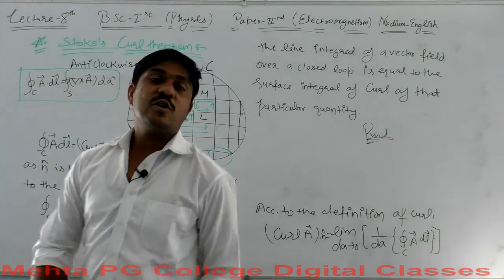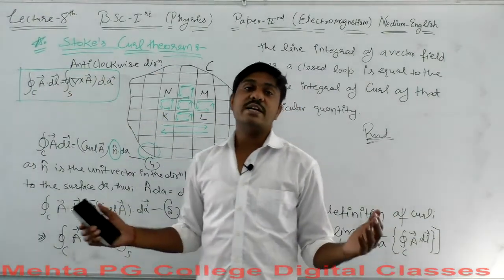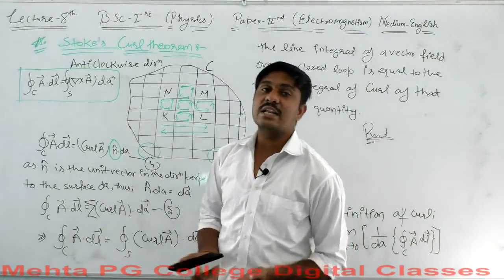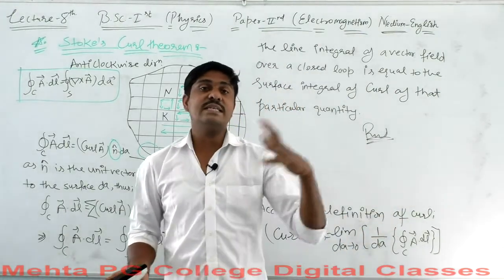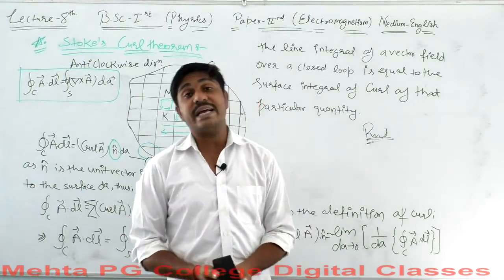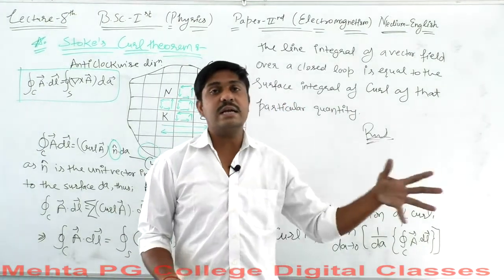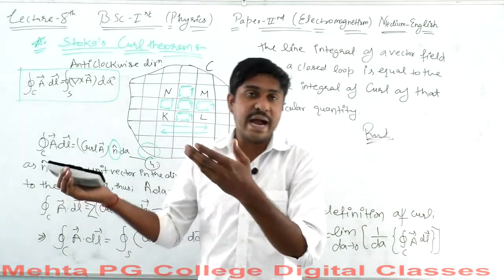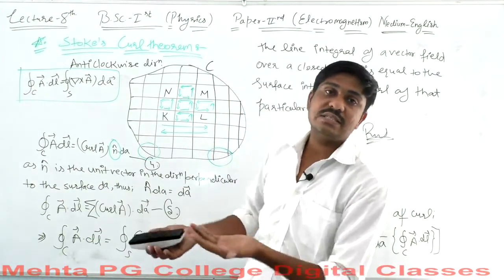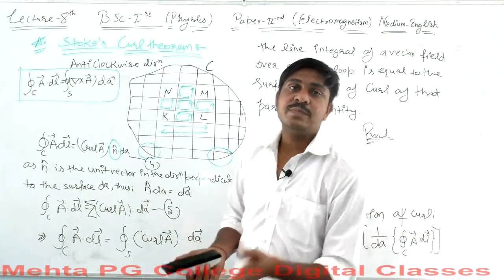We will classify all the vector fields. We have discussed all kinds of vector fields. We have discussed the scalar field, we have discussed the vector fields, then we discussed their algebraic expressions like the gradient, the divergence or the curl, and then we discussed all their identities, how the divergence and the curl are related to each other.